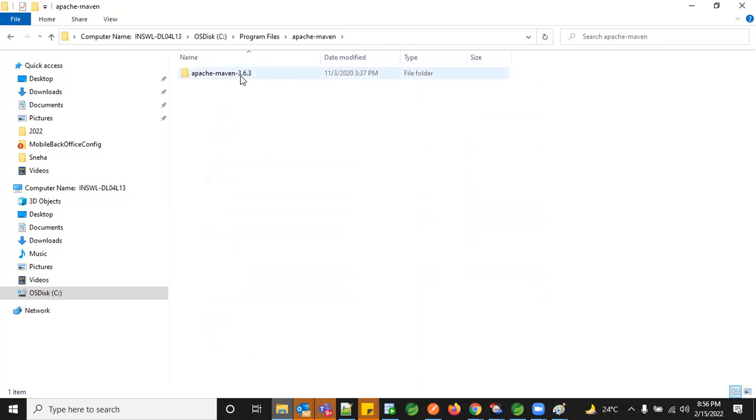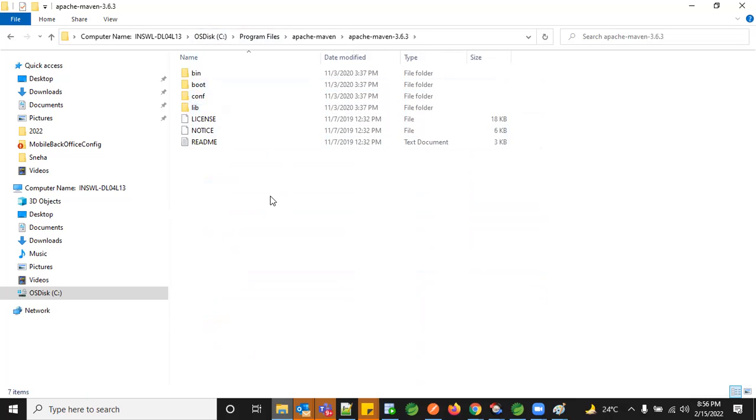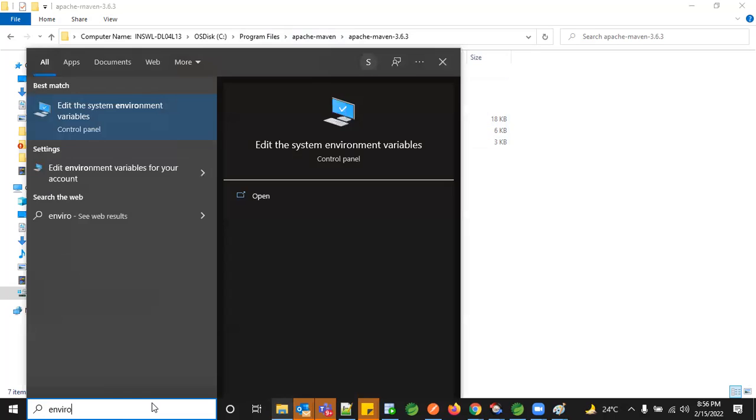Where you can see these things internally. Don't try to install more than one Maven, because you might again end up with mapping issues, because both are in the same package. So you might have issues like how you had with your JDK. So what we need to do, once you install Apache Maven, is open your environment variables.